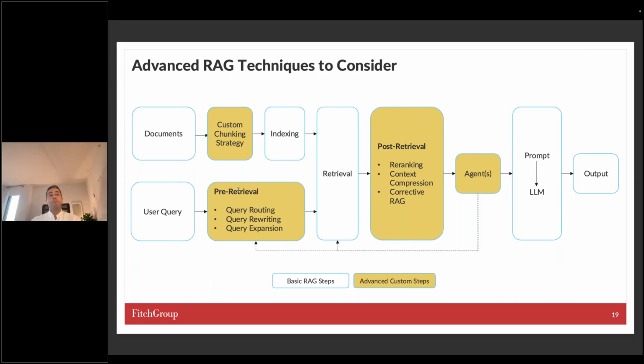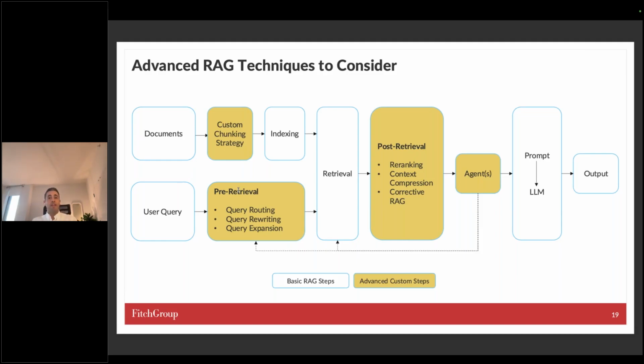Query rewriting, that becomes very, very useful because a lot of people intuitively still want to use language models as sort of a search engine. So somebody might just write Microsoft earnings last quarter. When you embed that, it may not give you a great response, but you can use a language model as a pre-step to take that query and augment it and make it more useful before the embedding step. Query rewriting and query expansion, both of those are an example of what I just mentioned.